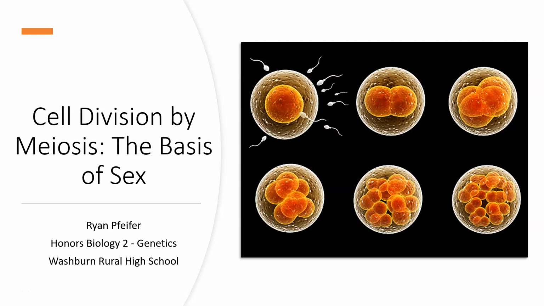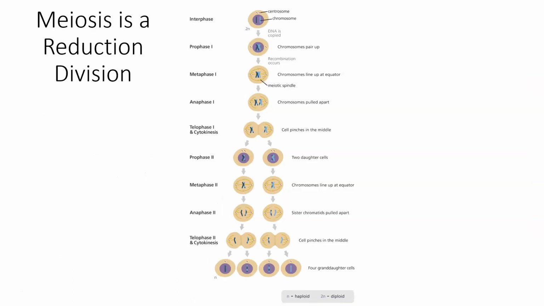And so at the end of this video, hopefully you have an idea of how not only meiosis differs from mitosis, but also the importance of the structure and function of meiosis, and how meiosis is the basis for sexual reproduction. So the first thing that is obviously a difference between meiosis and mitosis